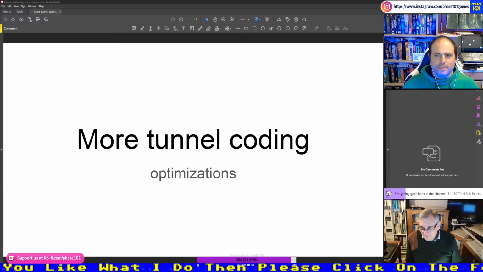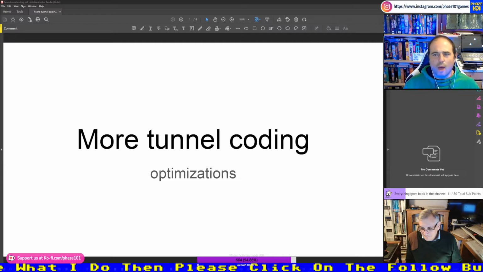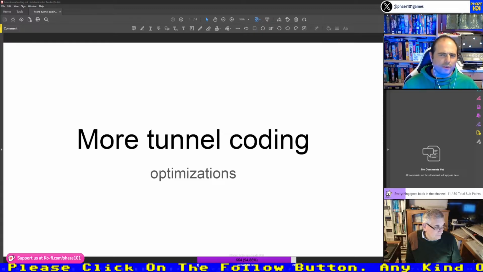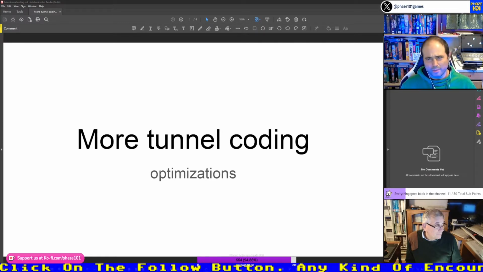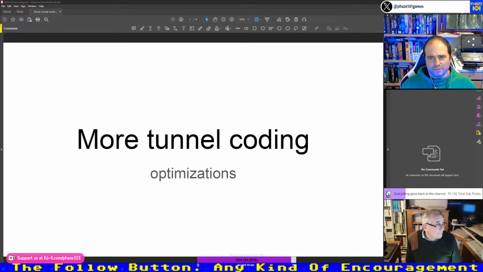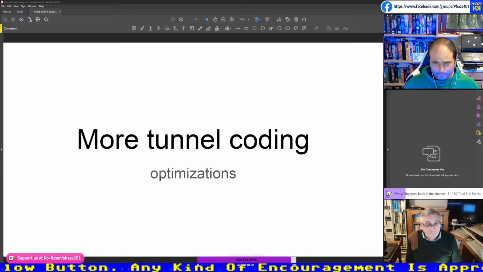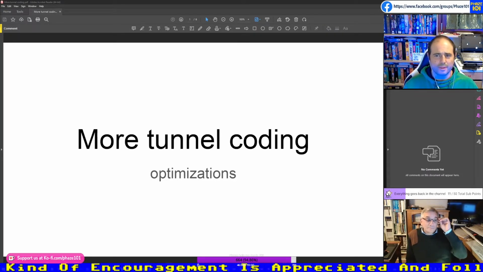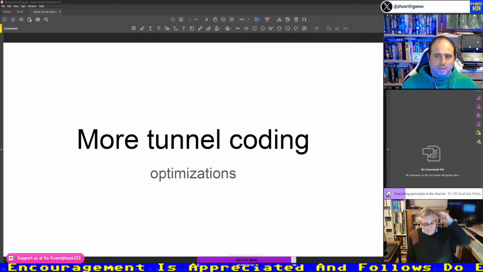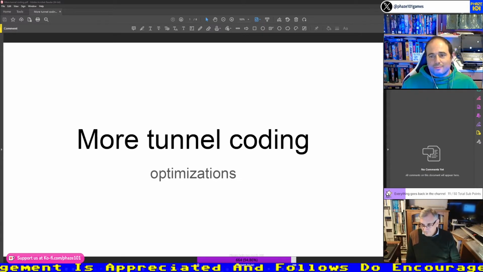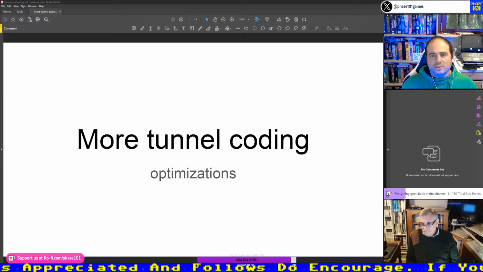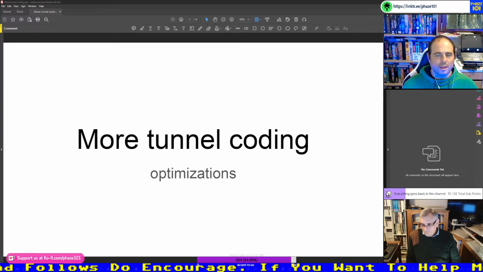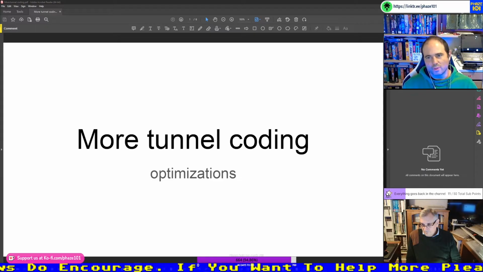So the main problem right now with my tunnel is performance. When I started, and if you recall from my last stream, I think it was in October, we had this infamous frame rate. It was about 10 FPS, 10 frames per second. And it wasn't very good. And the most worrisome part is that even if you run on a higher spec Amiga, still the tunnel was very, very slow.